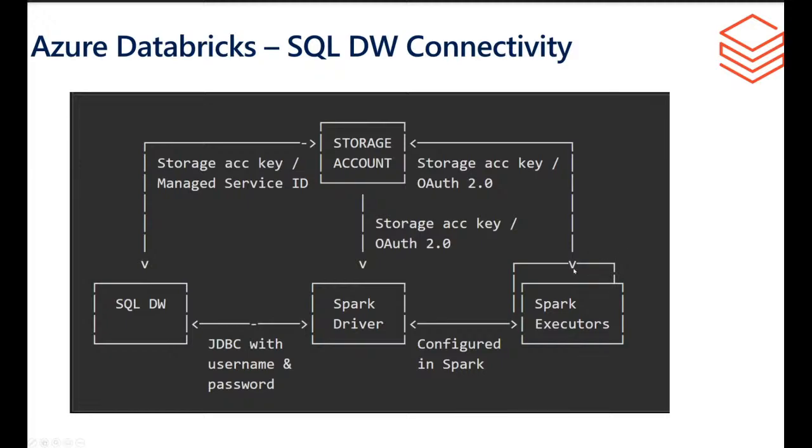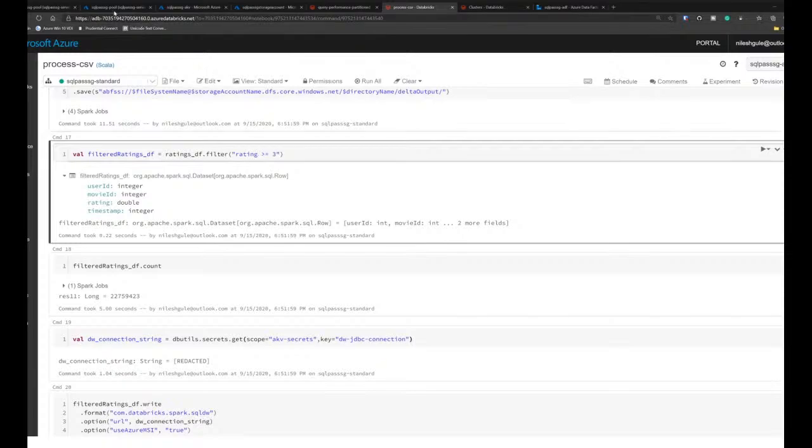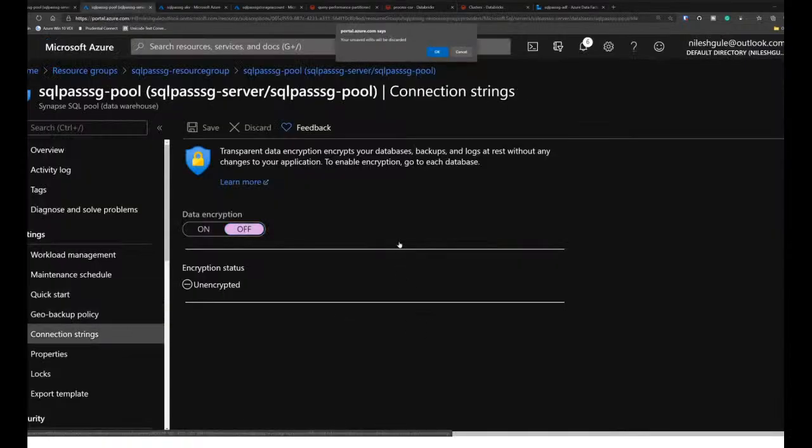When we want to connect to the SQL data warehouse, the Spark driver uses a JDBC connection, which is the normal username, password, SQL server and database. So if I go back to that connection string, this is what I will be using to connect.